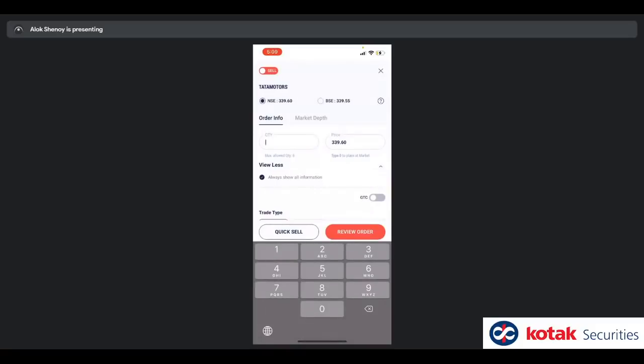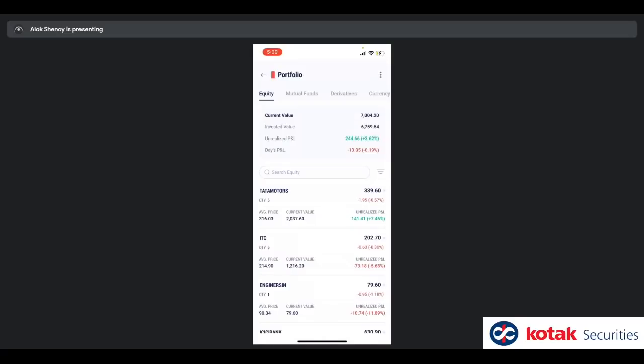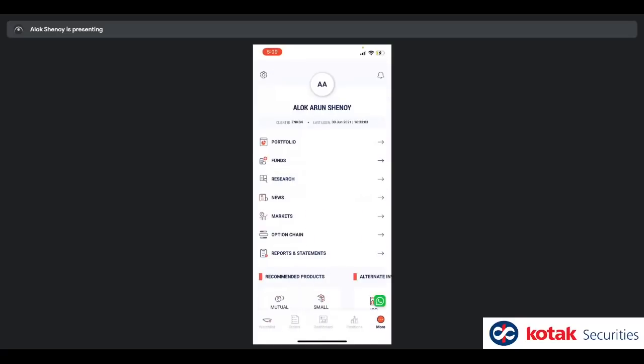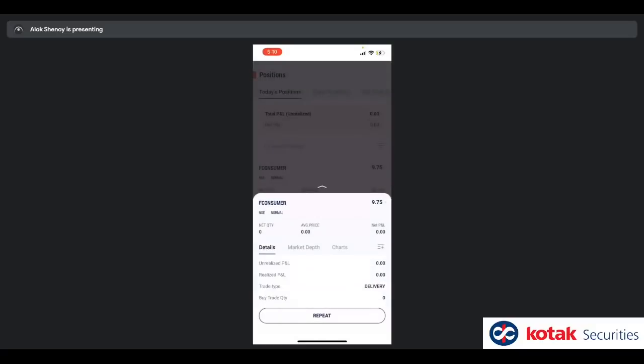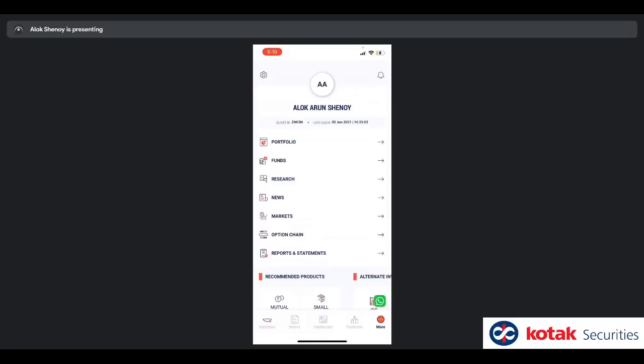The same thing if you do from portfolio, we are showing you the max allowed quantity is 6 in this case of Tata Motors. However, the portfolio updates the next day, so you might not see current data over here. So you can take advantage of the positions tab. Positions gives you more of the recent data, whether it is sell from existing, today's, etc. That you can see on any of these for that matter. This is all not placed, so I can't show you from the other tabs, but take it.